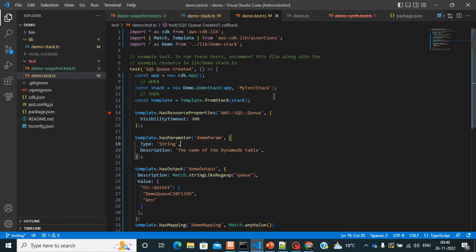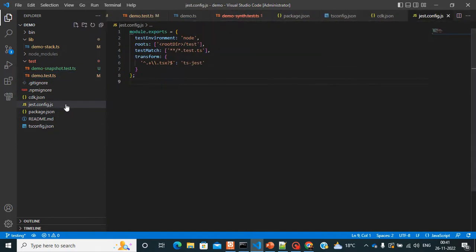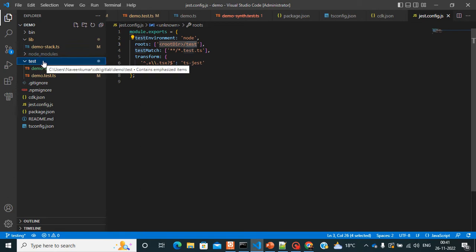demo.test.ts file. So this is my test file. The test file should be suffixed with .test.ts. And I am using the Jest framework here for the testing. If you see the Jest configuration file, here we have how tests are being read. It says tests should be read from the root directory. Root directory is basically my project directory, and then inside the test folder,